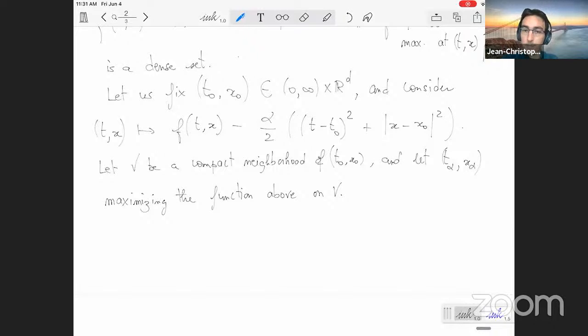We can maximize it. Now, if we are unlucky, this point is at the boundary of the domain, and so